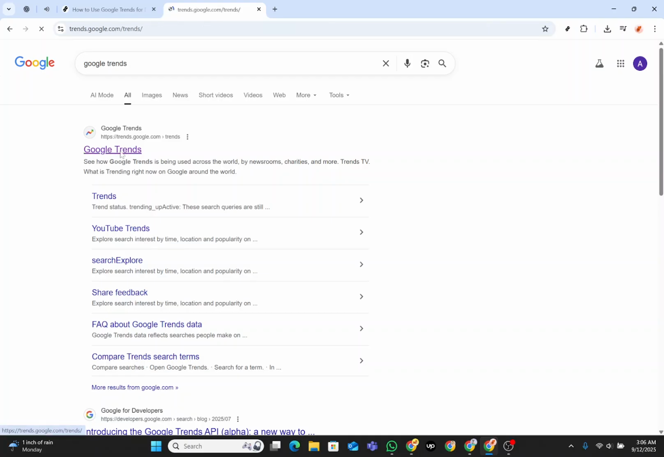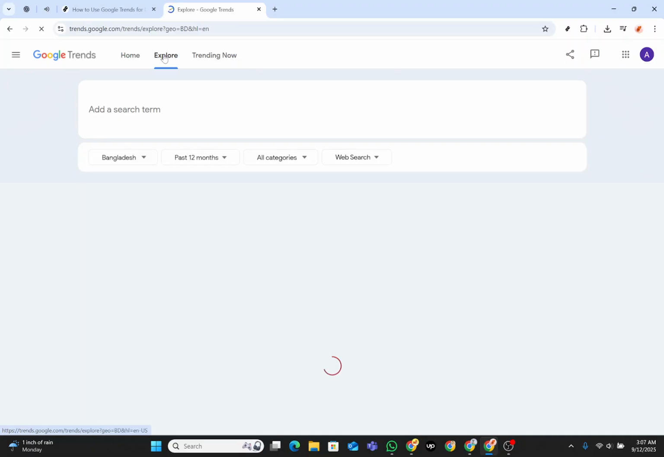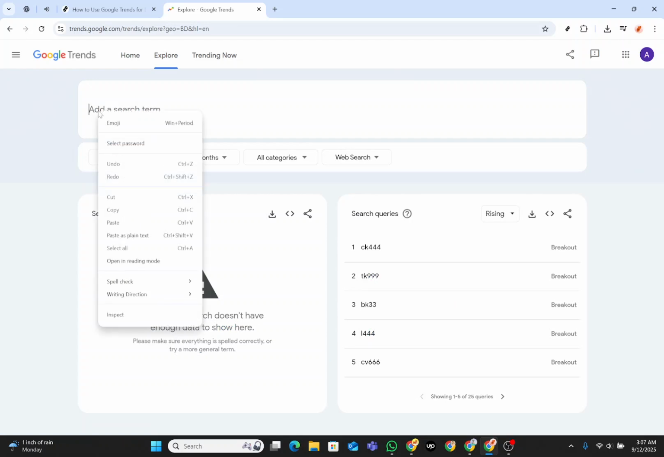and geographies. Once you're on the main page of Google Trends, you'll notice a section called Explore. Click on this to begin your journey into identifying trending products. The Explore page is where the magic happens. This is where you can input your search terms and analyze various trends that might be of interest to your